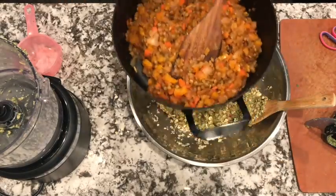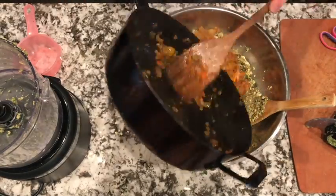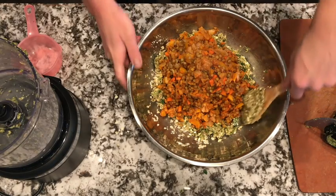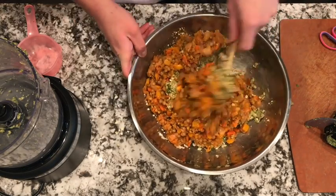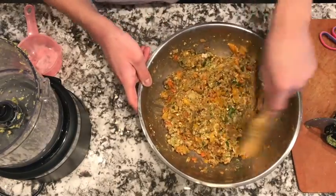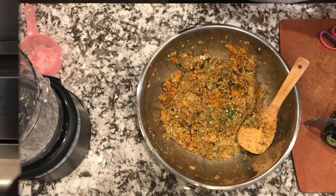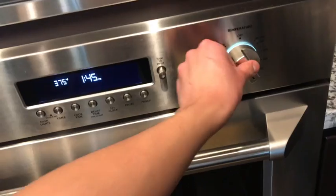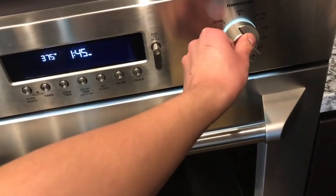And now we're gonna put in the stir-fry vegetables. Combine that really well. It'll take a little arm work, but you got this. Alright. Looks very colorful. Our final ingredients, you're going to want to preheat your oven to 375 for the final